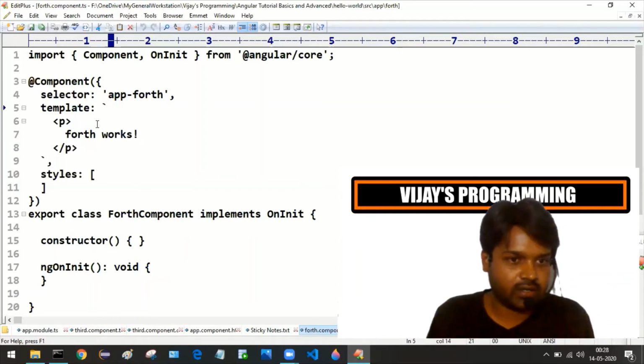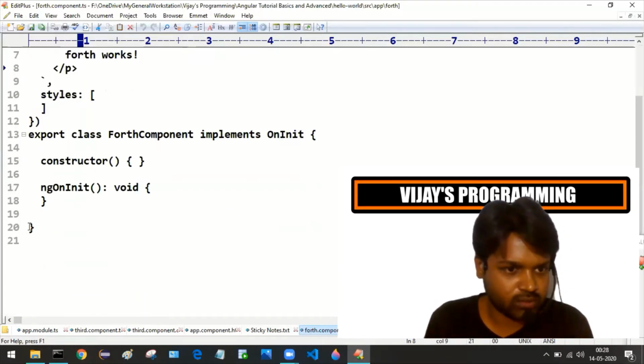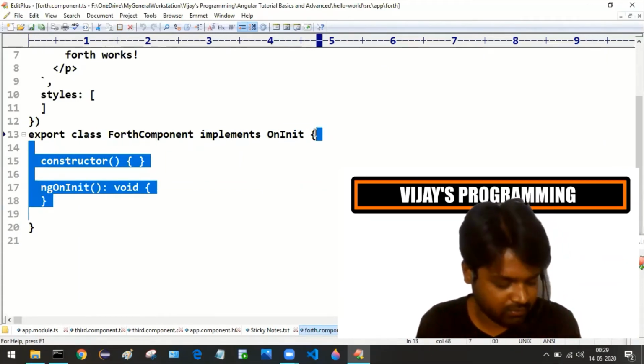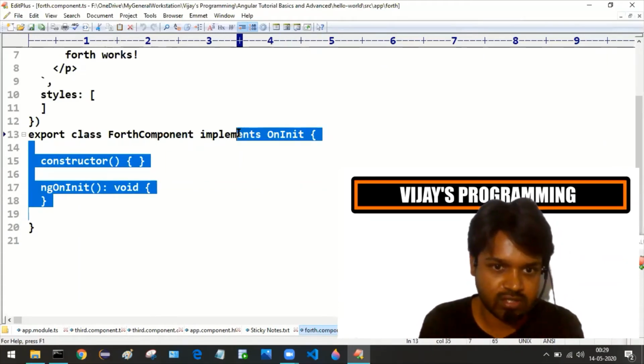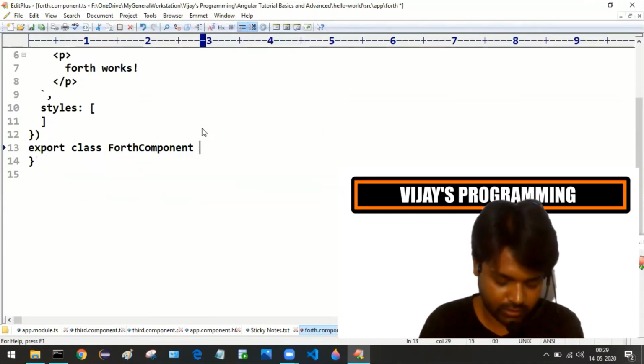As you can see here, inline template by default, some code, some content has been generated, and we just remove some of the content that we don't need as of now, which we have been doing for some of the tutorials.